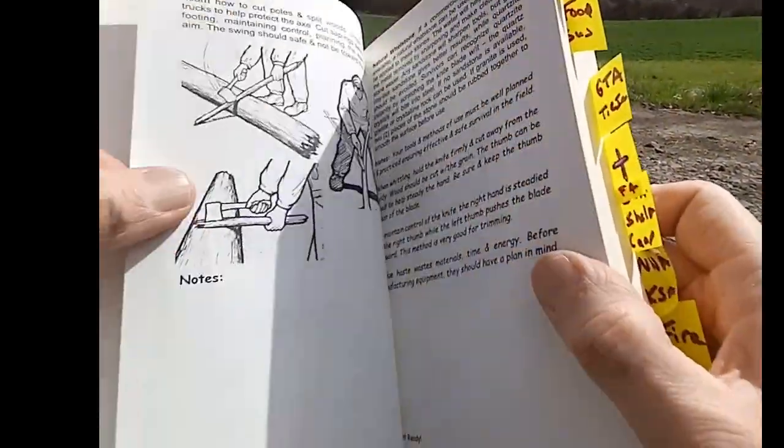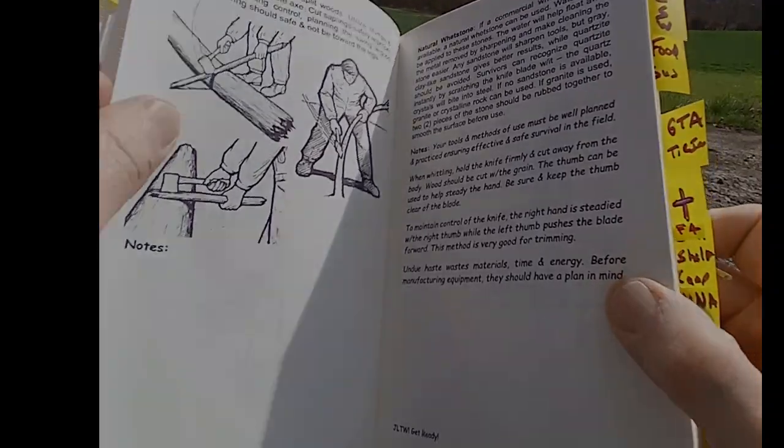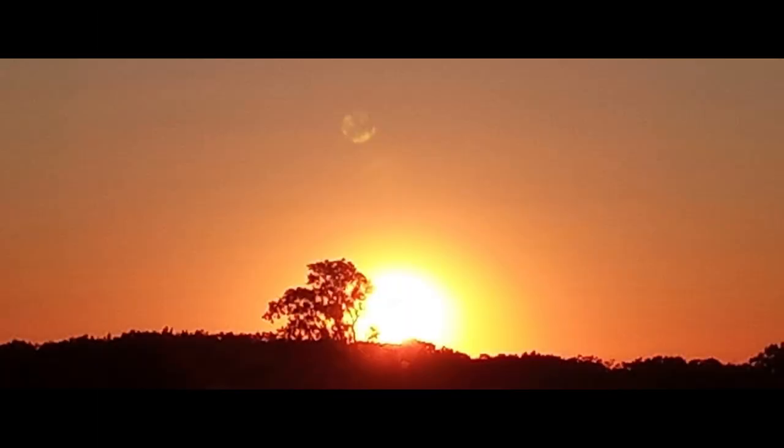Final thoughts. Prepare now, not later. In survival, knowledge and readiness equal resilience. New lessons will follow, helping communities prepare and